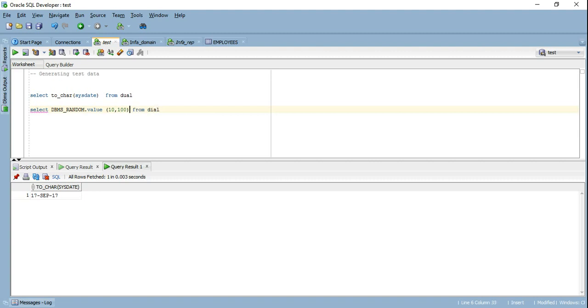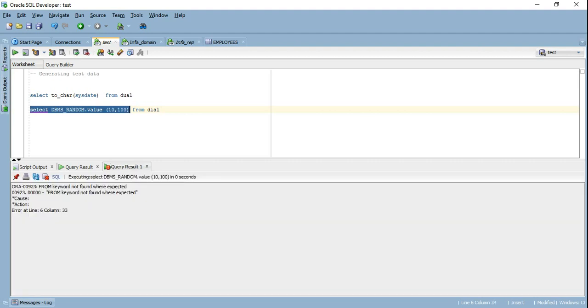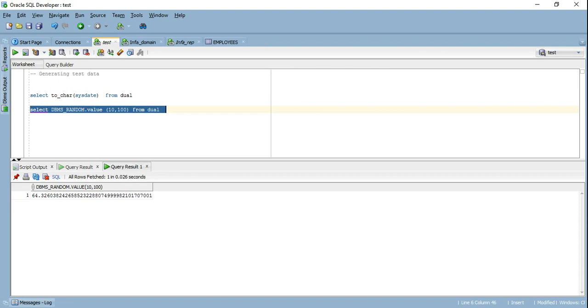So if I run just this, it's gonna fail. It's gonna say it expects a keyword and it didn't find that. Let's see if I specify the dual table, will it work? It worked. So it gave me a random number, and every time I run it, it's going to give me a different random number. Earlier it was 64, now it's 62. Let's run it again. Now it's 87. So it's giving me a random number between 10 and 100.